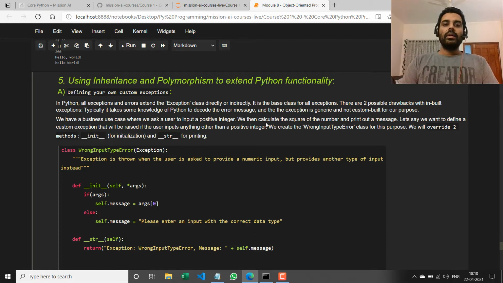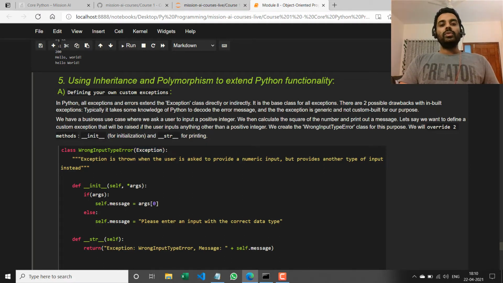One is it typically takes some Python knowledge to decode them. And the second thing is sometimes the exception could be generic and not custom built for our purpose. Okay, so we can address those issues by defining our own exception. And when I say defining our own exception, I mean creating a new exception class that extends Python's core exception class.